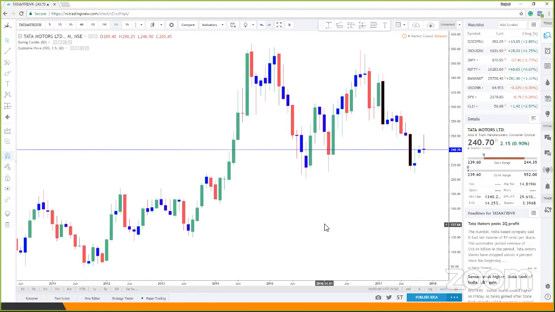Now, the challenge with a market overview would be that maybe many of you don't know how to do the market analysis using demand and supply methodology. And if you don't know how to do it, this would be a very small session, so I can't even teach you this. We definitely teach how to trade the markets using demand and supply in our premium courses, right? But like I said, because many of you might not know how to do the analysis using demand and supply, you might feel a little blank. That is one challenge which I have.